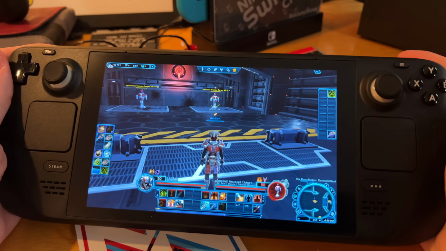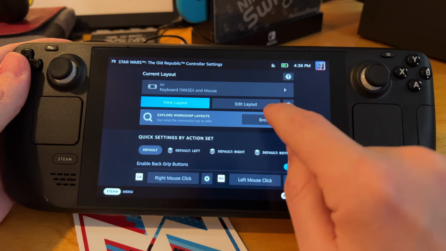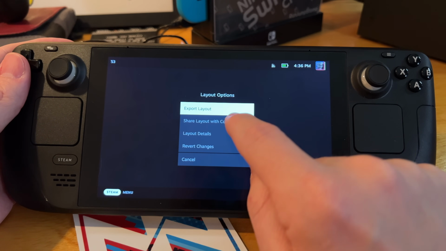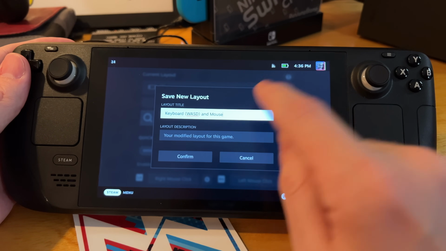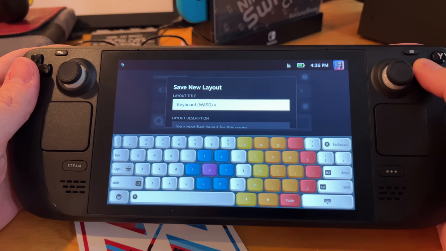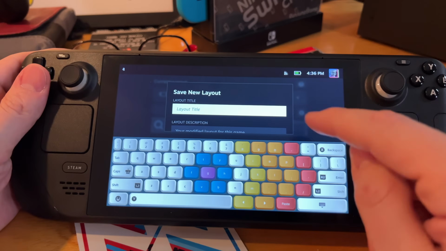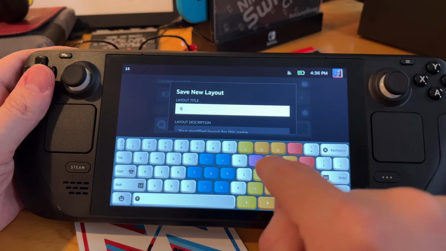And I'm going to export this layout as a base layout. So I'm going to share this with the community. And let's go ahead and change the name of it. If you didn't know, if you make a layout and you think it's really, really good, you can just name it. So I'm going to say Bill's